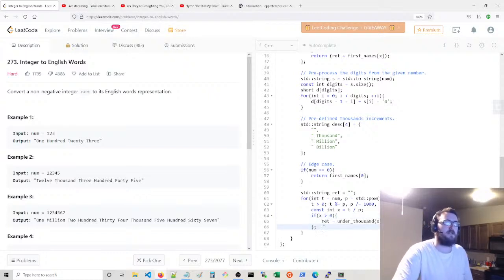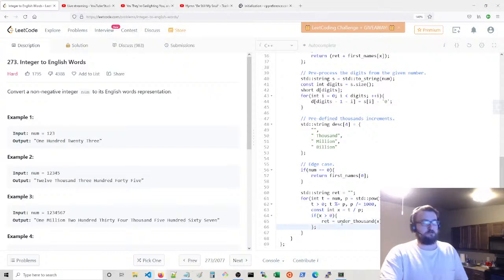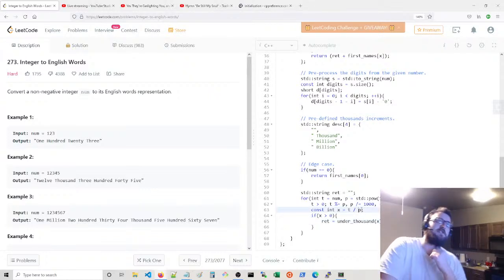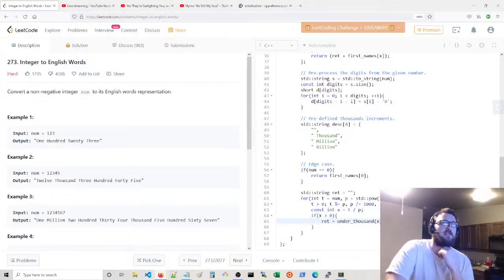If there are no to the left side. So if there are billions, then we could add billion, and then if there are thousands, I think we just add a,